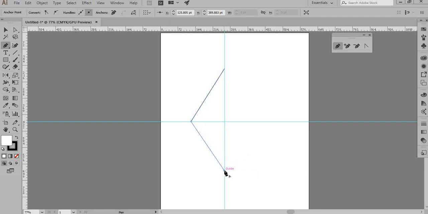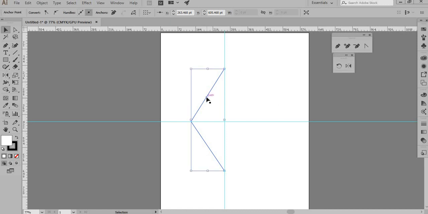So this is a shape that I have made, and it looks like a half rhombus, and I will go over to the reflect key. So this is the reflect key, and I will hold on to the small triangle. I have the rotate key and the reflect key here. So we are going to cover both of them. First we are doing the reflect key.